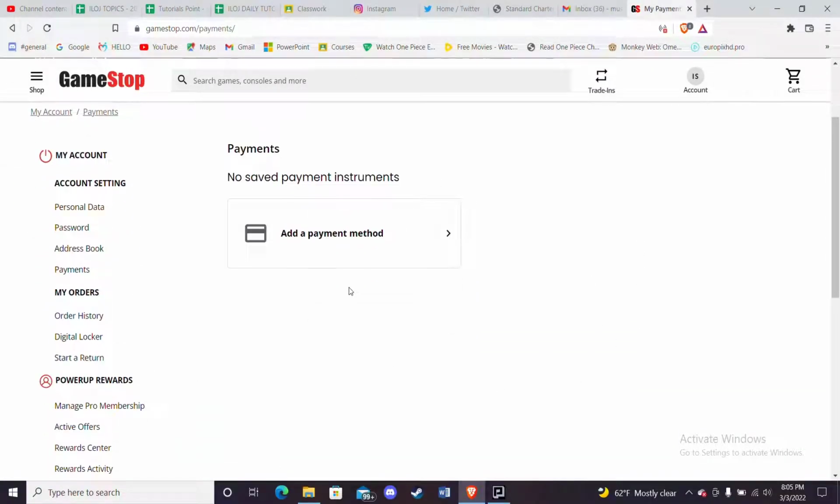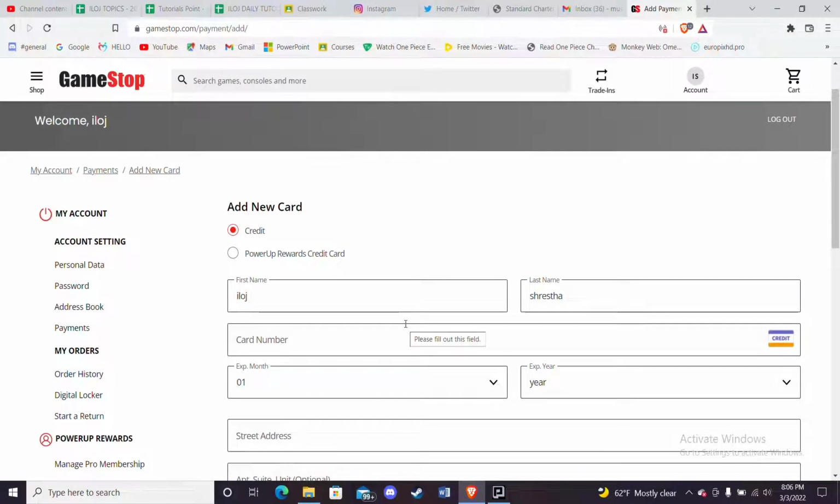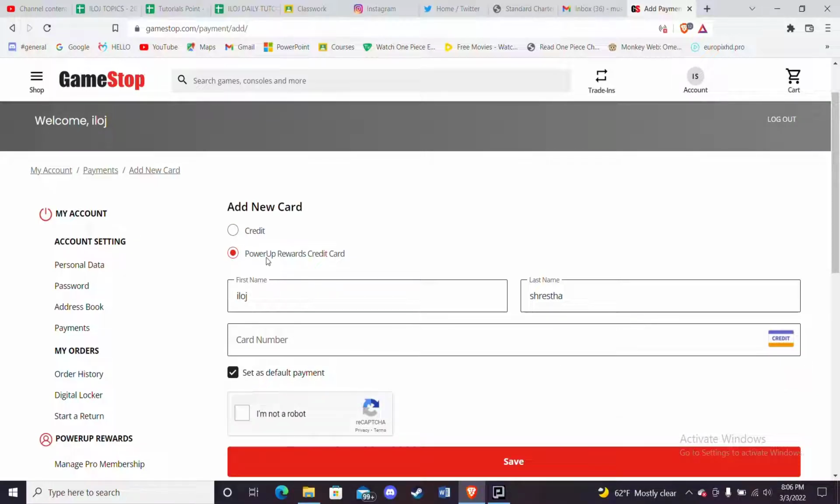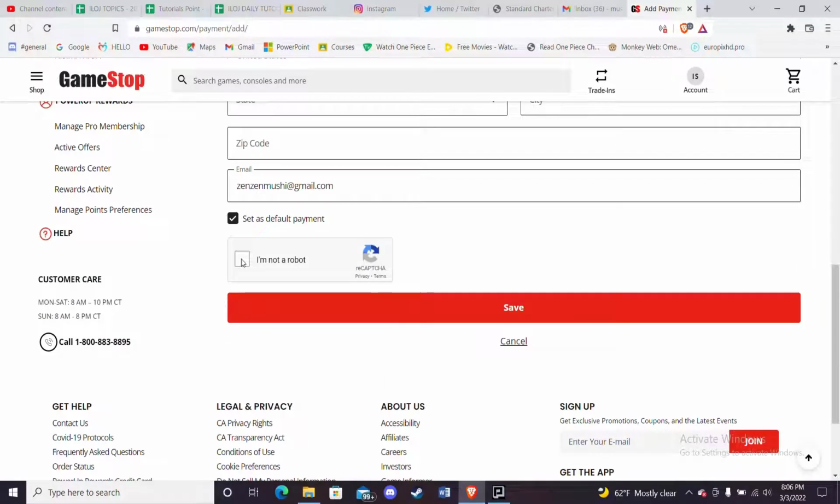On this page, you'll have to click on this add a payment method option. Once you click on the add a payment method option, you'll be further guided to another page. On this page, you'll have to fill in and tick some credentials. You can either choose if you want to pay by credit or PowerUp Rewards credit card, and then fill in all these credentials, click on this I'm not a robot option and then click on this